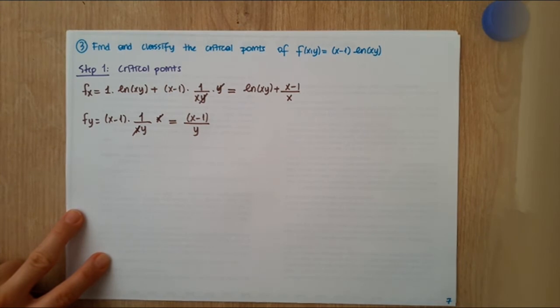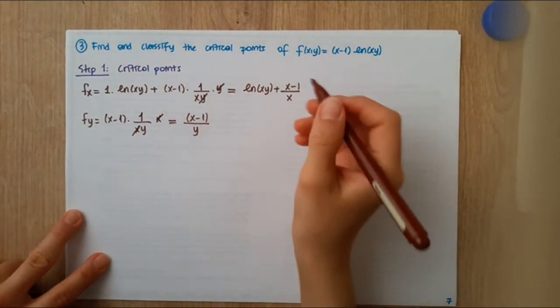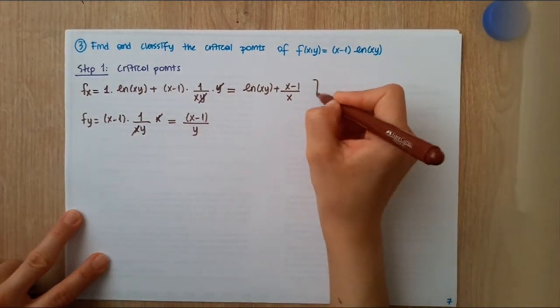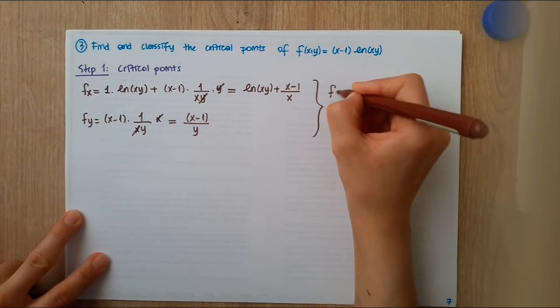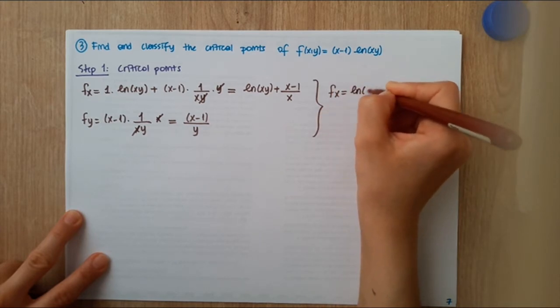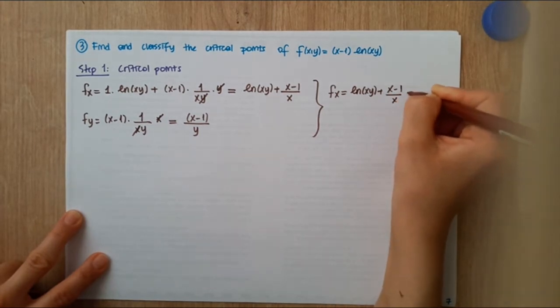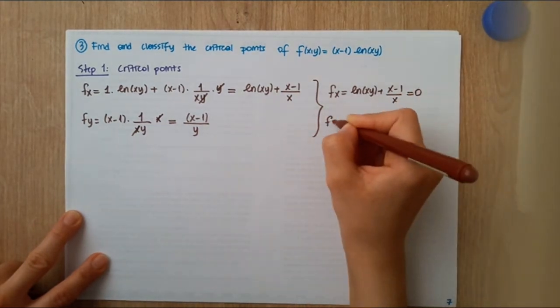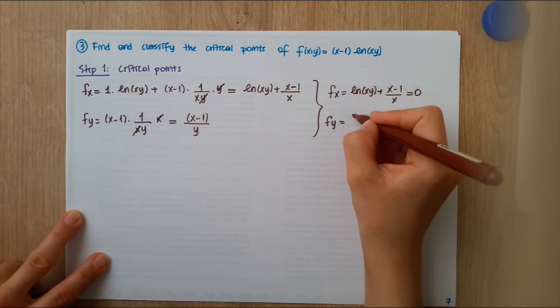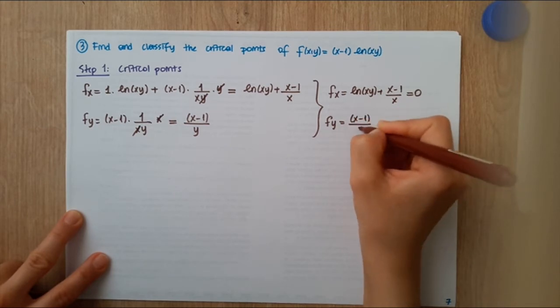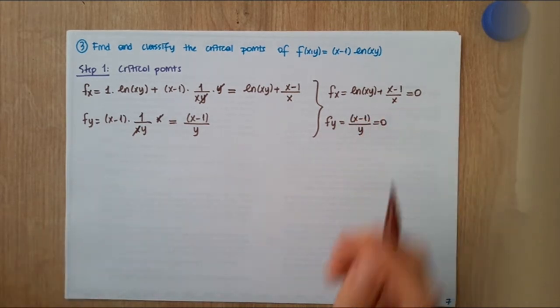So to find the critical points, we will first of all equate the derivatives to 0, okay? Critical points, not derivatives, sorry. F sub x equals natural logarithm of xy plus x minus 1 over x equals 0, and f sub y equals x minus 1 over y equals 0. Normally,